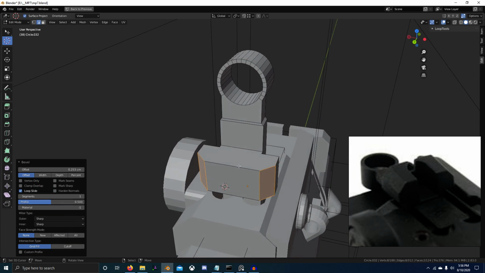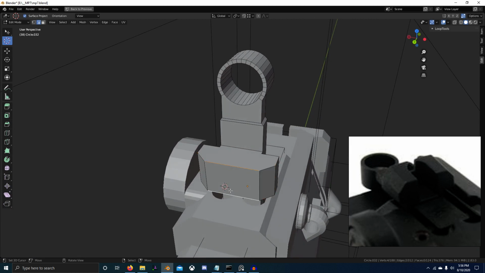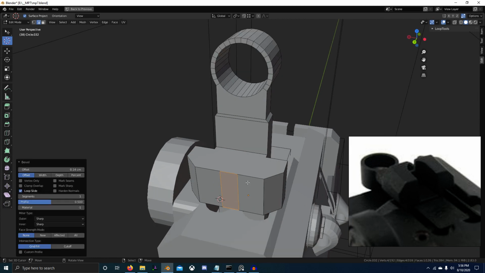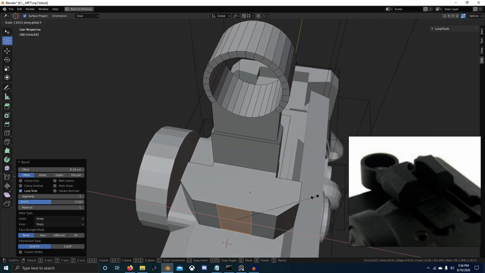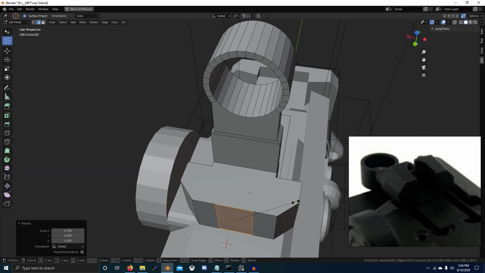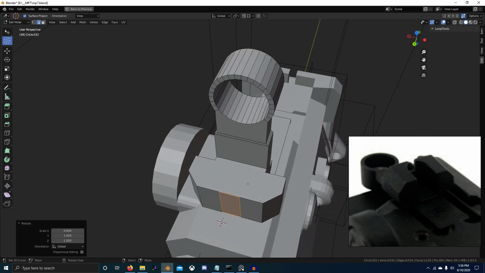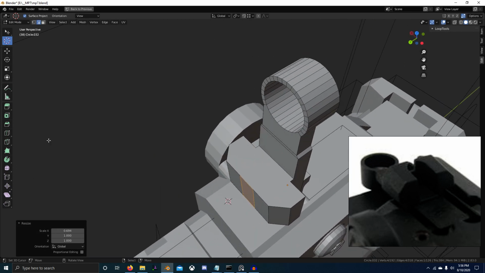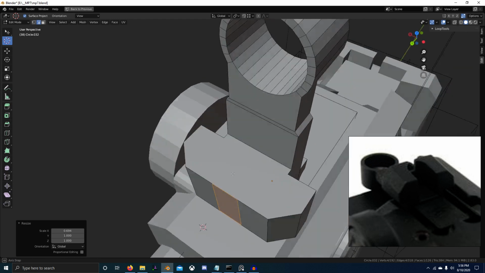Okay, and then we need to cut through. So I'll make it like that wide. Maybe a little wider. And okay, now we'll just